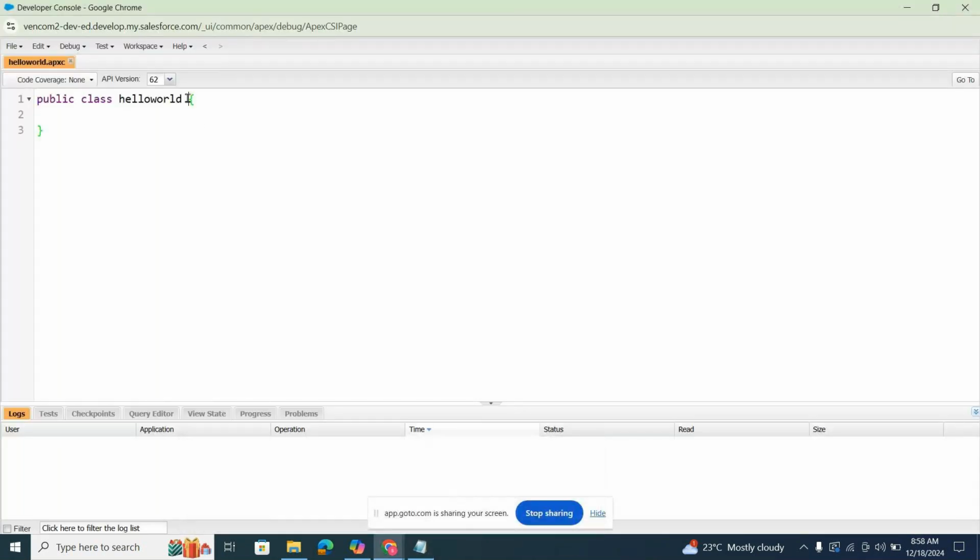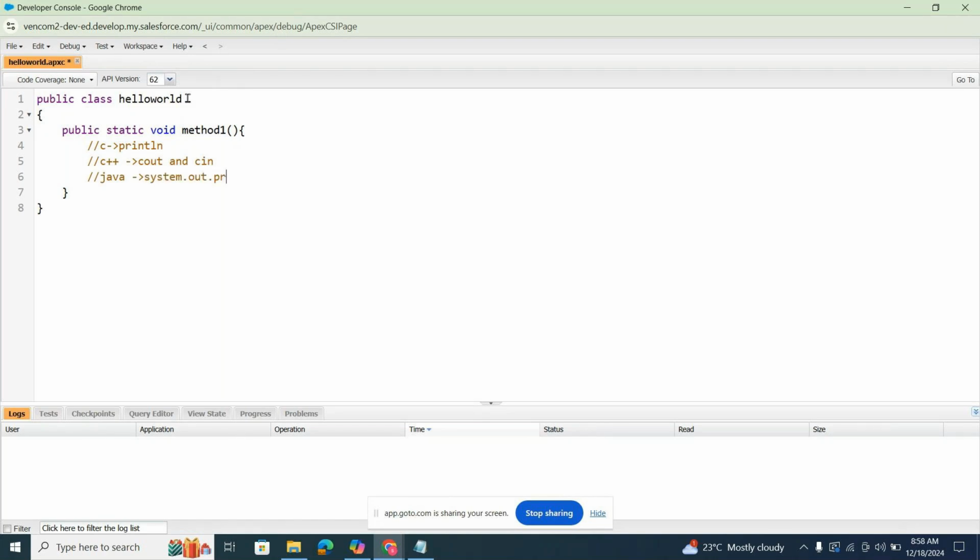Here also, let's write one method. Public static void, just mentioning it as method one. Anyone know that, for example, in C programming it is easy to use printf to print the data. In C++, it is easy to use cout and cin to take the input and to print the data. In Java, it is easy to use system.out.println.